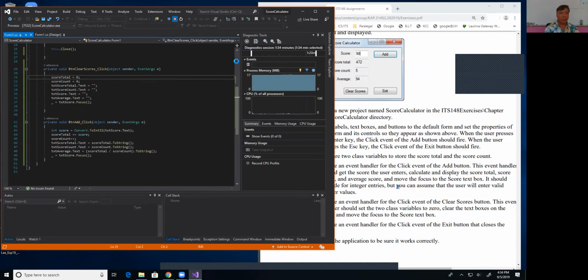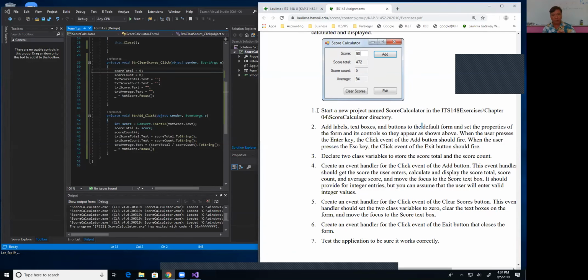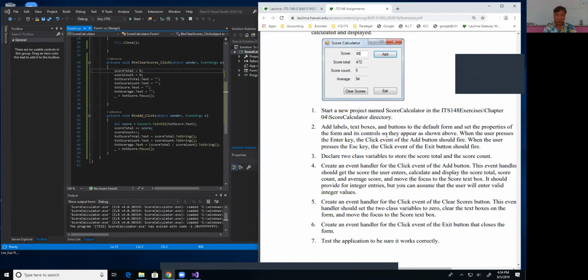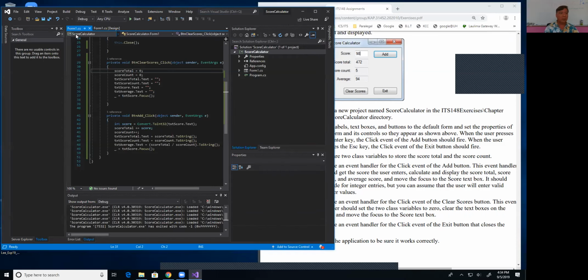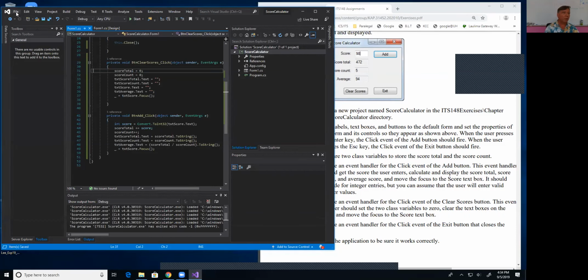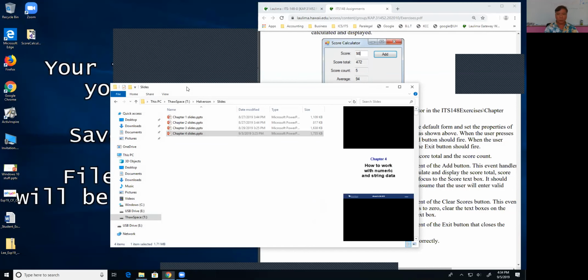But anyway, I am done. So this looks good now. I don't know if I've done everything. I think I've done everything, but I might not have. So you want to go through each one of these and make sure that I picked up everything, but I think I probably did, but I'm not sure. Okay. So when I'm done, I want to save all. And then I want to close, exit. And then I want to,